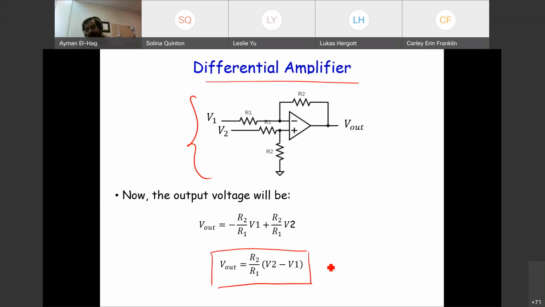You will get this. Now, once you get a circuit like this in the exam, you don't need to analyze it. This is a differential amplifier, and you have to check that this is R2 over R1, and this is R2 over R1. If the ratio of these two is the same, then this becomes a differential amplifier. What if it is not? What if this resistance is not R2, it is R3? Then we don't have a differential amplifier, and then we need to analyze the circuit as we will see in